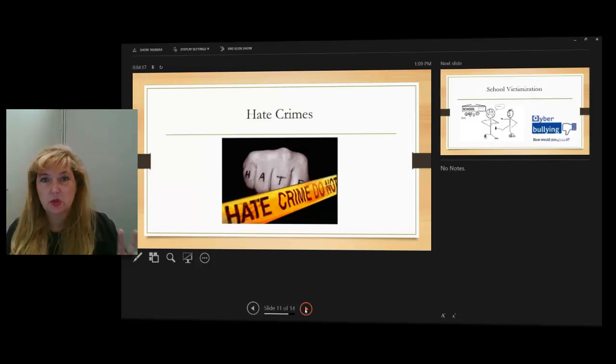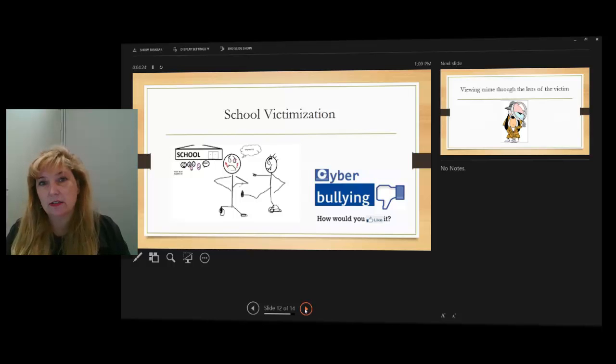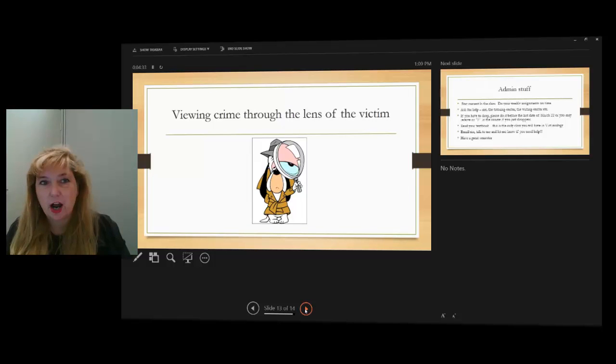Then we're going to look at two more crimes. We're going to look at hate crimes, and then we're going to look at school violence. And so we're going to look at bullying, and we're going to look at things that prompt teenagers to maybe seek retribution. We're going to look at all of this through the lens of the victim. So everything is going to be through how the victim sees it. What is the victim going through, as opposed to the prosecution and the sentencing of the offender. And even if we talk about that, we're going to talk about how that impacts our victims.